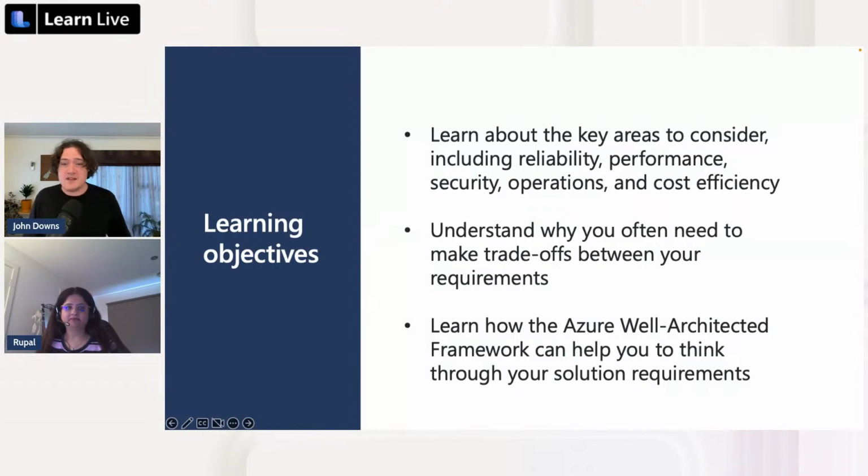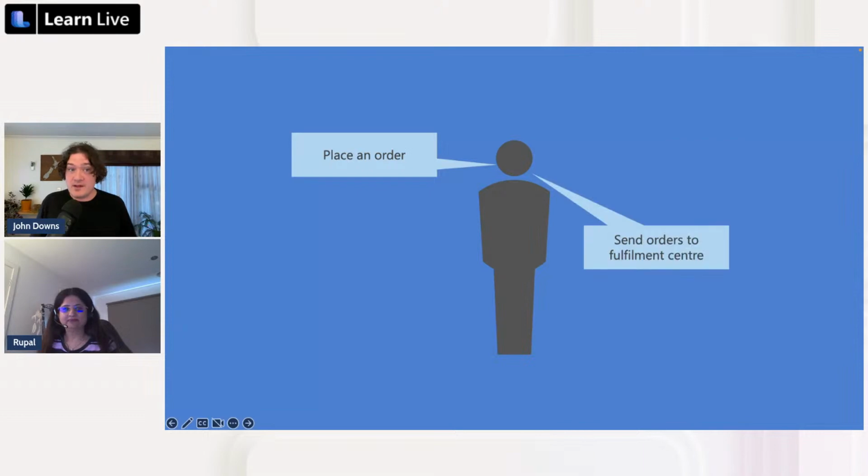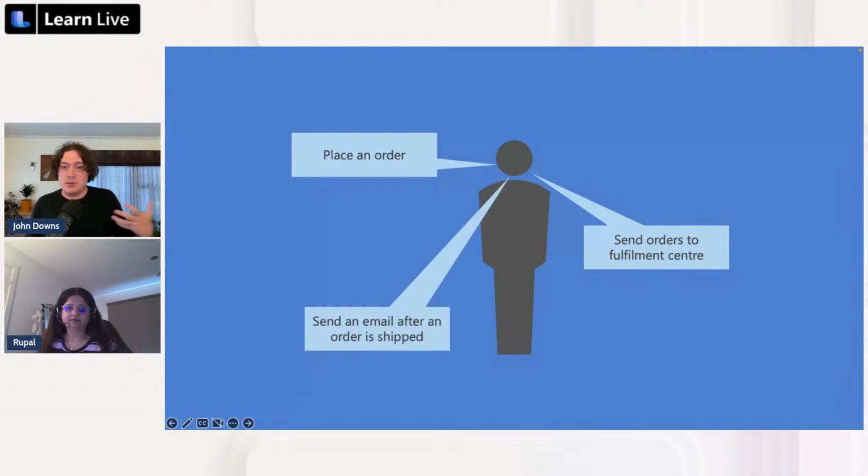So Rupal, how about we take a step back and think about what requirements actually are? Sure. John, suppose you're working on an e-commerce system and I ask what your system requirements are. What do you think you might say? Yeah, well, for an e-commerce system, I'm assuming it's for selling physical goods of some kind. So first, I might say that the system needs to let my customers place an order, right? Then those orders need to be sent to my company's fulfillment center for processing, for fulfillment. And then finally, the system probably needs to do things like send the customer an email once the order is